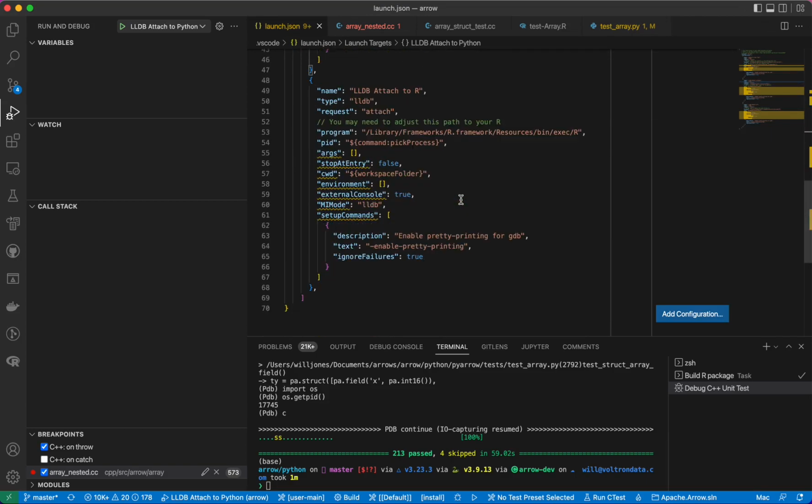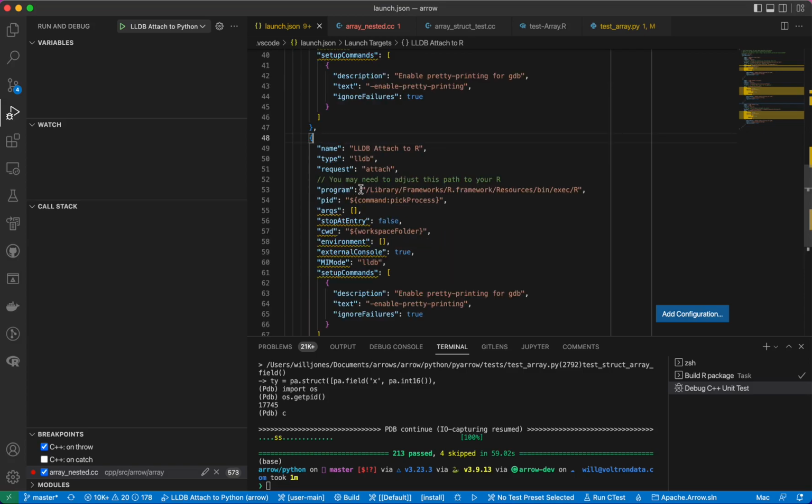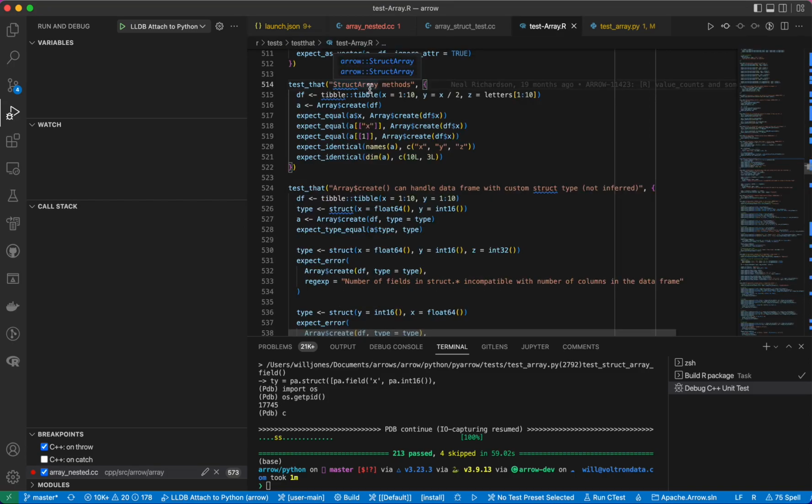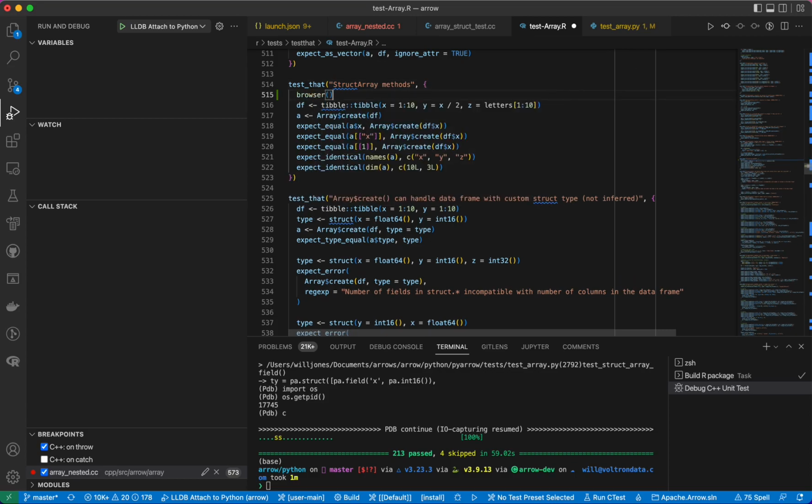The process for R is very similar to the one for Python. The one thing that's going to be different is that R doesn't have a convenient shorthand for finding the R executable, so you'll have to find that yourself. This varies by operating system and how you install R, but for me it is at this location on macOS. So sort of like we did with Python, we're going to add a browser call,